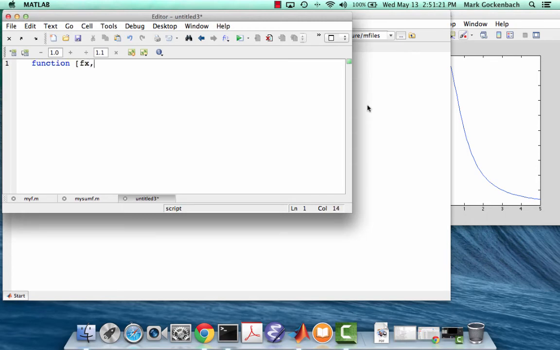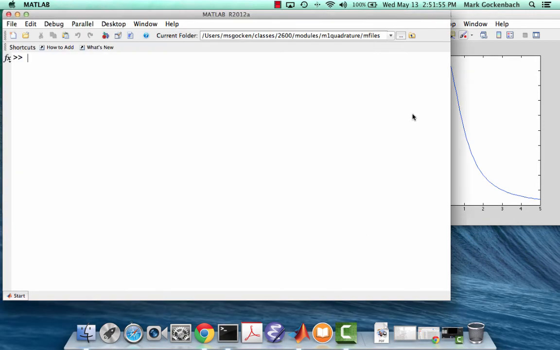Multiple outputs are listed between square brackets, like so. I'll call this function myF1. The input is x. The output fx is x cubed. The output dfx is 3 times x squared. I save this, choose the default name,